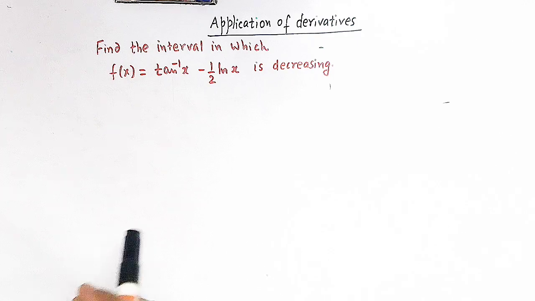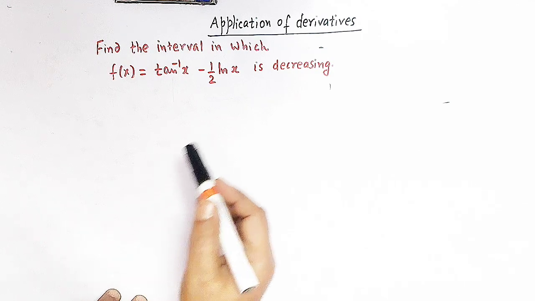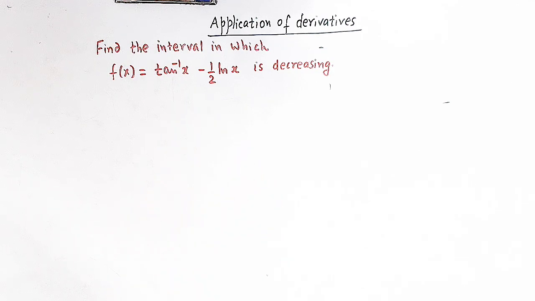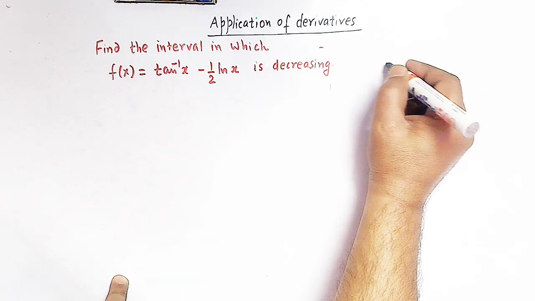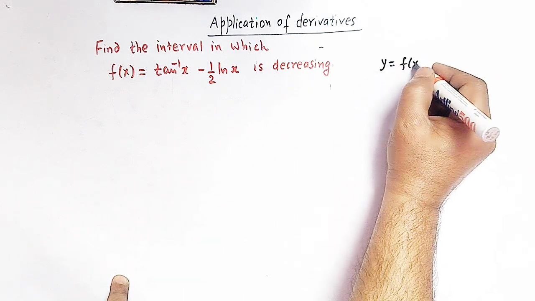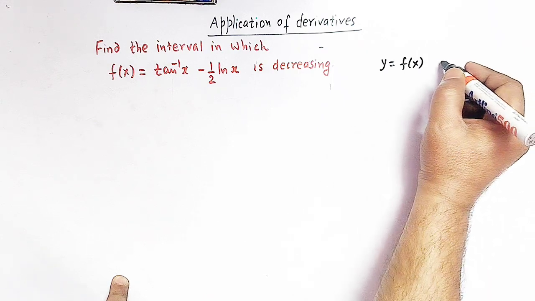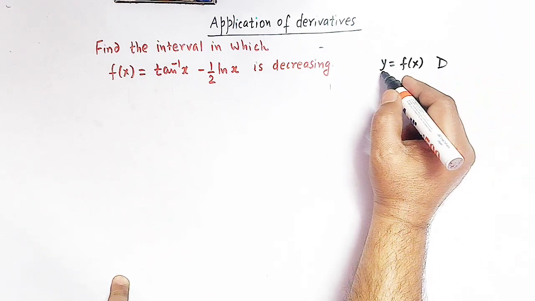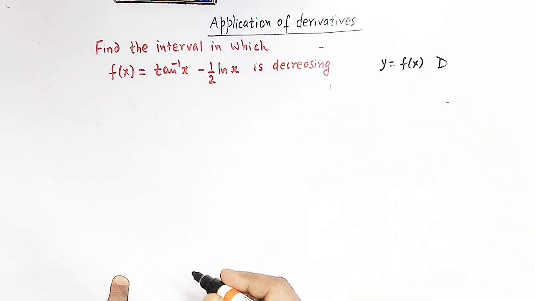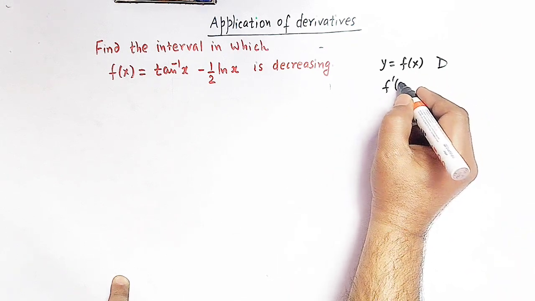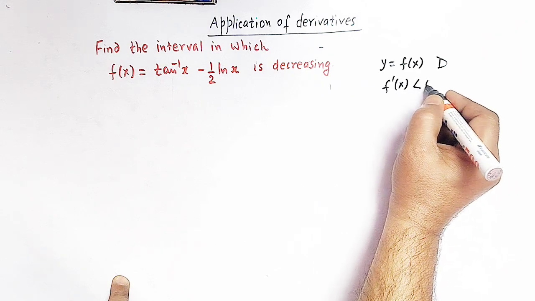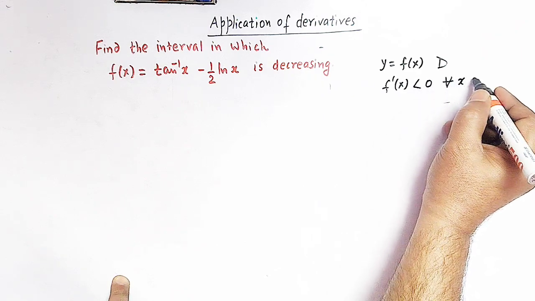So here we'll take help of the concept of derivative, and we'll find out the interval where this function is decreasing. So let us start. Now from the definition of a decreasing function, we know that if we have a function, say y is equal to f of x, which is defined in some domain D, then this function is said to be a decreasing function if the derivative, that is f prime of x, is less than 0 for all x belonging to